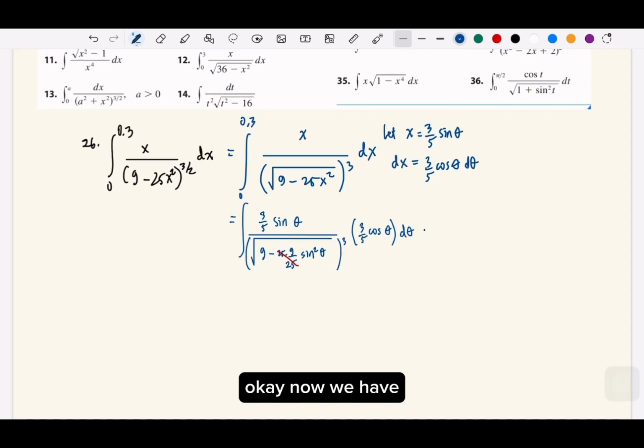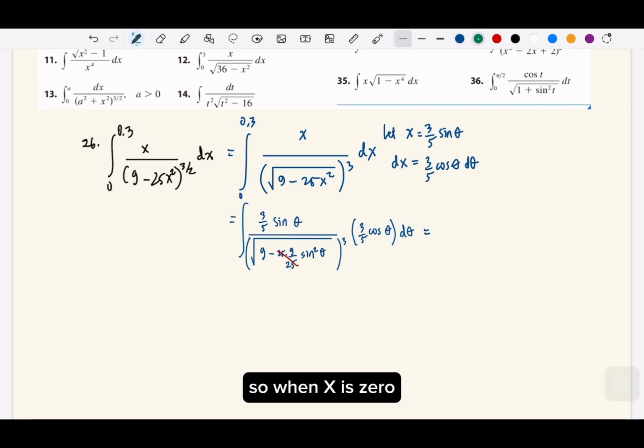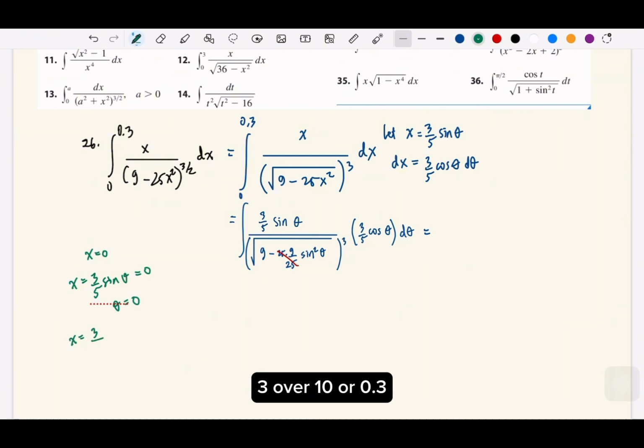Okay, now we have the endpoints. Since we have changed the endpoint, when x is 0, x is 3 over 5 sine theta. So when it's 0, then theta will be 0, right? So when x is 3 over 10, right? 3 over 10 or 0.3. So this will be